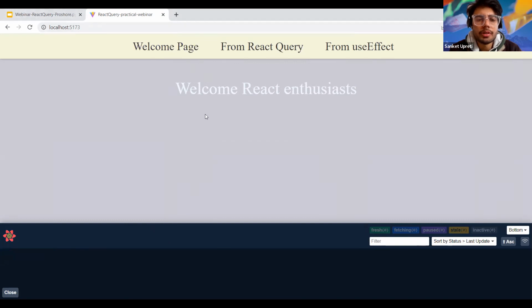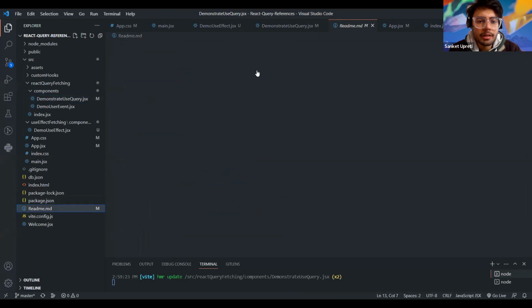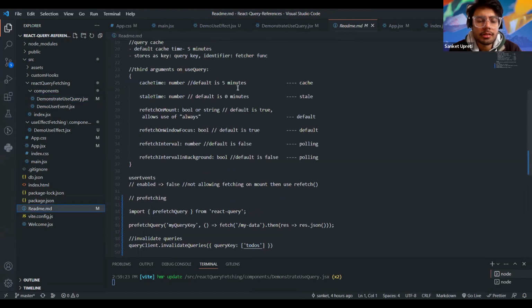Okay, so if I go into my README, I have actually created what the third arguments that the use query accepts. The cache time, it accepts number. The default time is 5 minutes. Stale, what I mean by stale is that stale data may not be up to date, or they may not be accurate. So such data are called stale, and such data stale time can be passed on